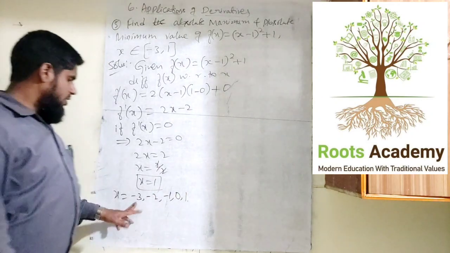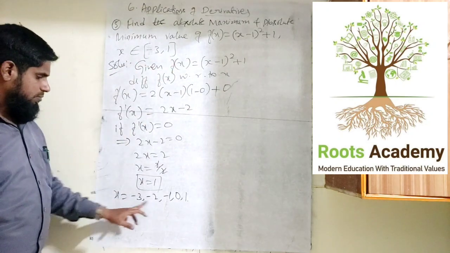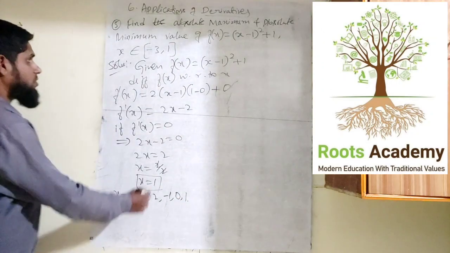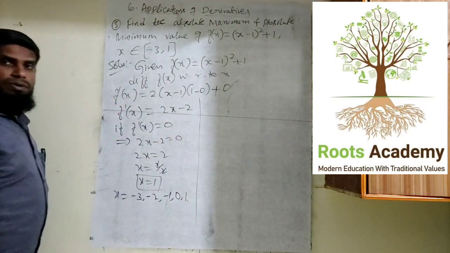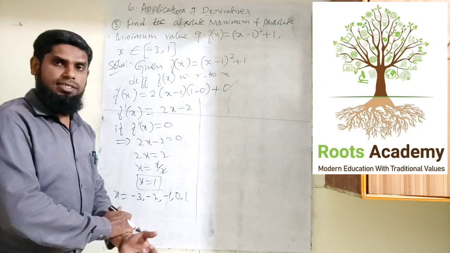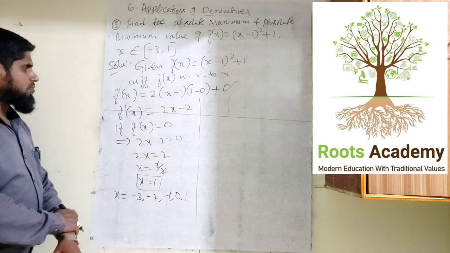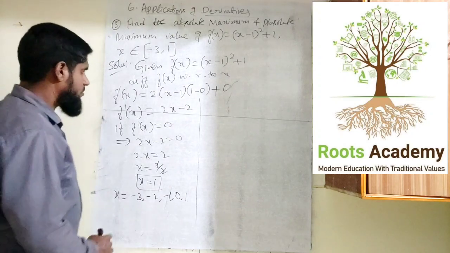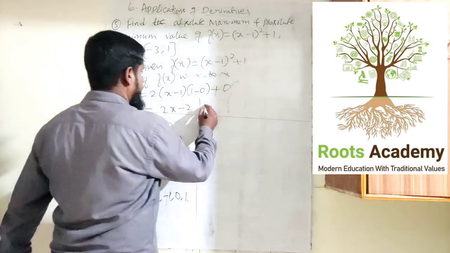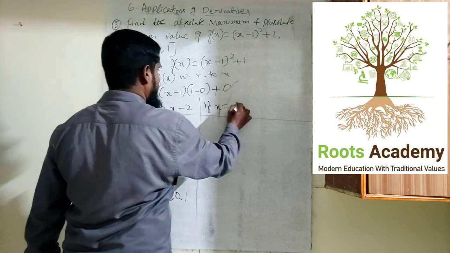So these are the direct values we will get in this interval. Minus 3, minus 2, minus 1, 0, 1. Yes, because x is equal to 1. Let us find this by first derivative test. If x is equals to minus 3,